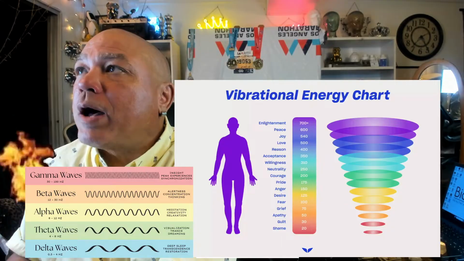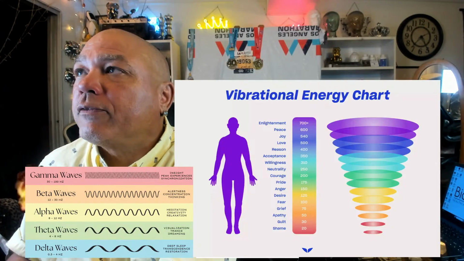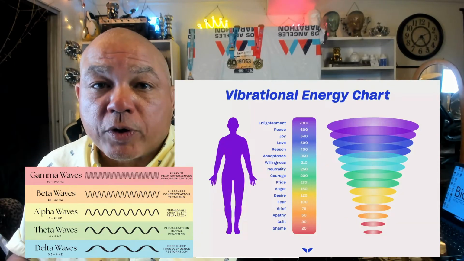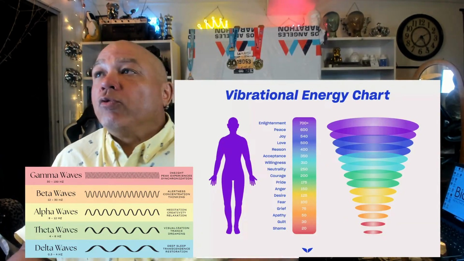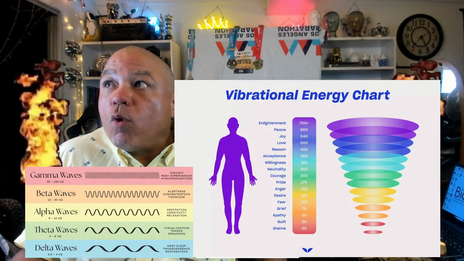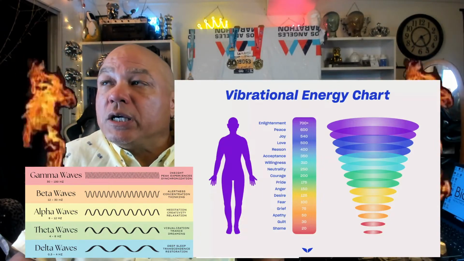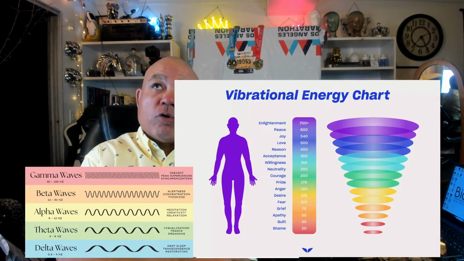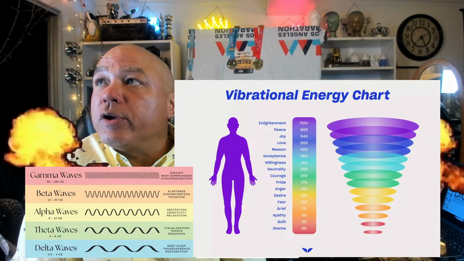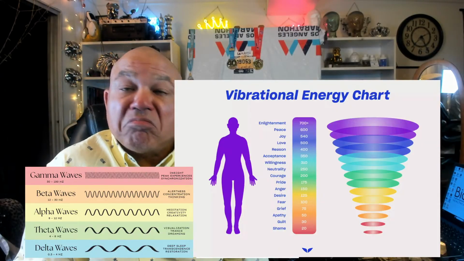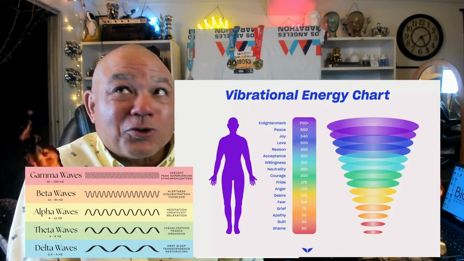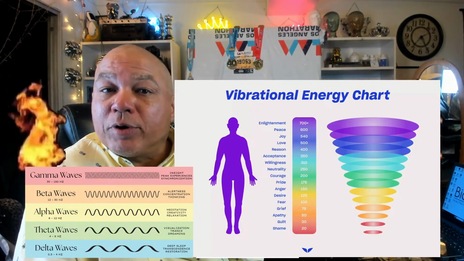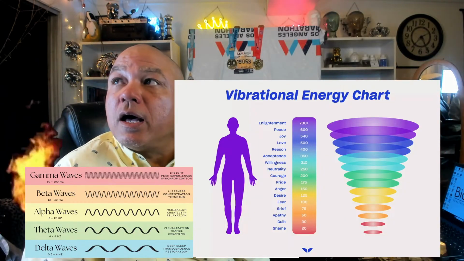Now, we've already talked about the lower frequencies, 20 for shame, guilt. Shame is about the worst thing a human being can experience, okay? It's really impossible to reach a good sense of self-worth if you're ashamed, if you feel guilty, if you feel apathetic. Grief is hard. Grief is hard. It pulls you down there. Fear, not too familiar with fear. I'm not too much of a scary cat, but I understand that fear can be pretty difficult for people to experience. Desire,